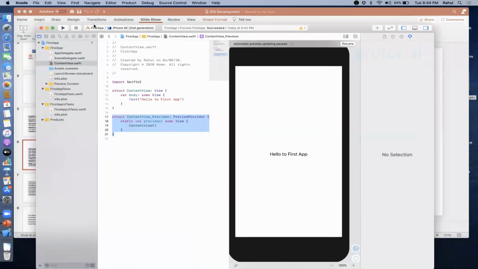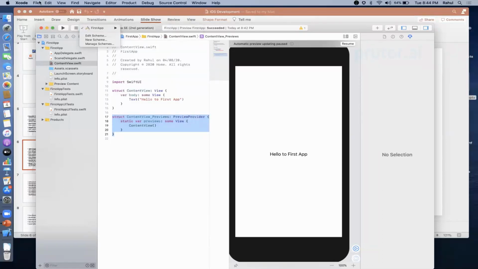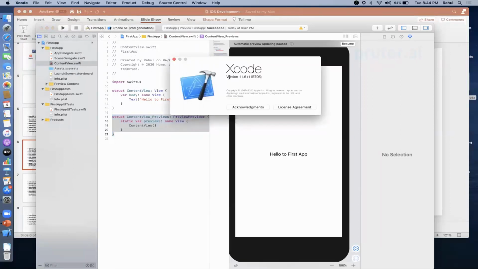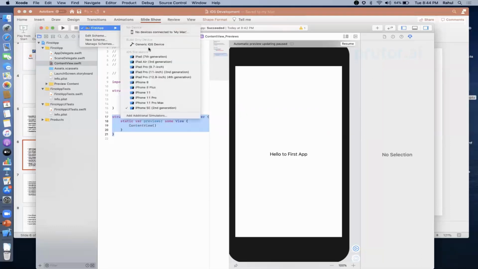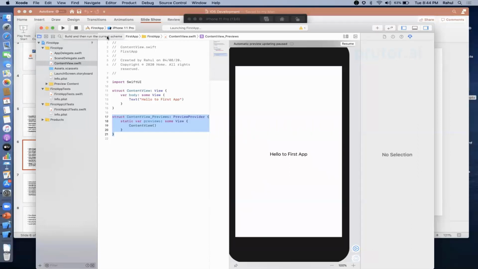But if you want to see it on the simulator itself, then you can click over here. So this is my app, first app, and these are all the devices that are available. So these devices are compatible with iOS 13, and we are using 11.6. If you see over here, I showed you in the beginning, its version is 11.6. So whatever devices can be developed above that, these particular devices are available, right? So let's pick up any one of them. So I have selected iPhone 11 Pro, and when I click on this play button, it's going to run and